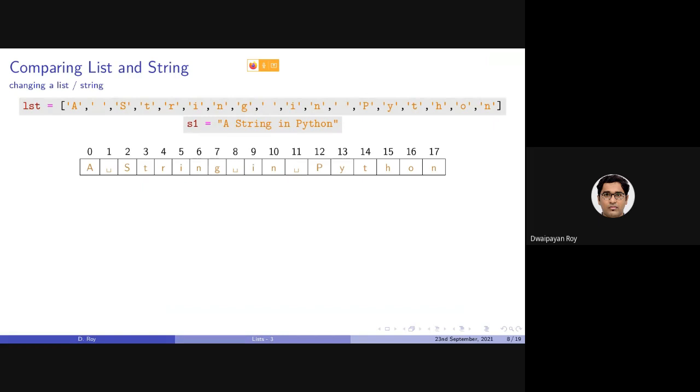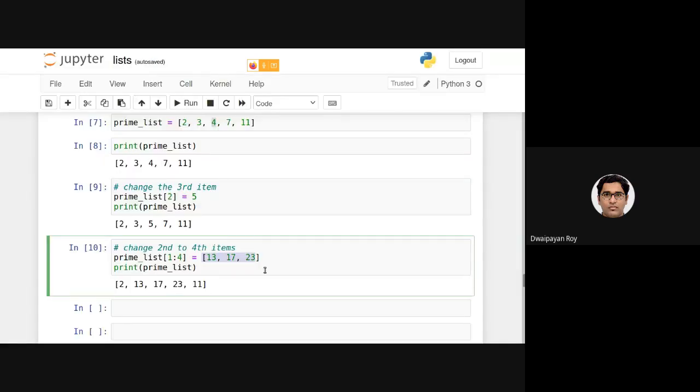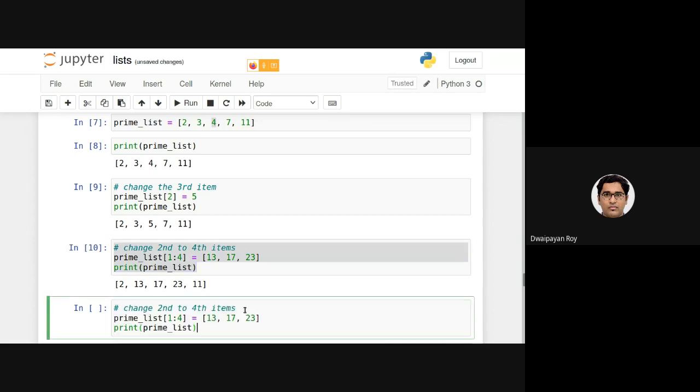Now, so far, yes, question. In this way, can we increase the number of items in the list as well, or decrease the number of items? The number of items we can of course increase by using the append operator if we want to add some new items. But your question, I got your question. It's a very nice one. I actually wanted you to try this at your end, but let's see.